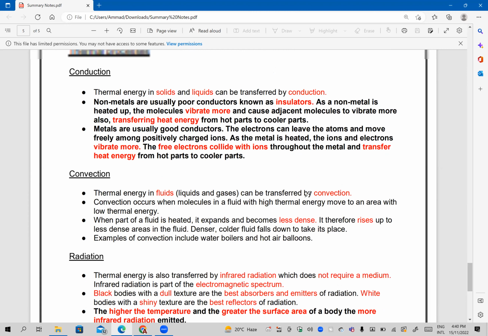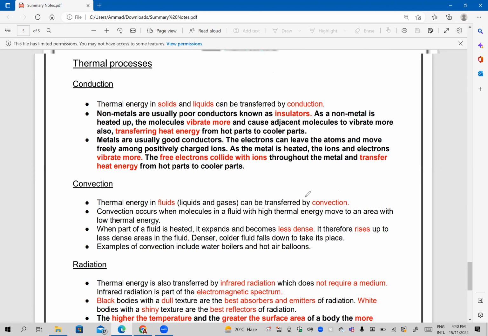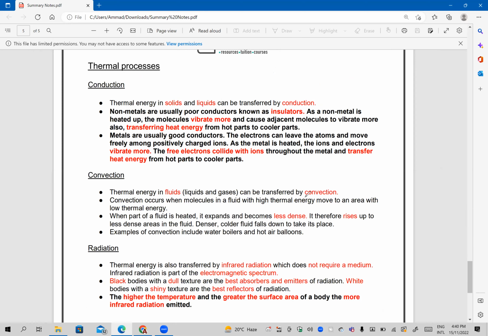Coming back to the thermal processes, we've already done this in detail. I'm going to just leave it here for you to review. You can pause the video, take a screenshot of it, right? Conduction, convection, radiation, these are the three energy transfer processes जिधर से energy transfer होती है।